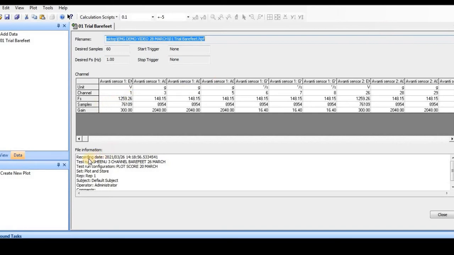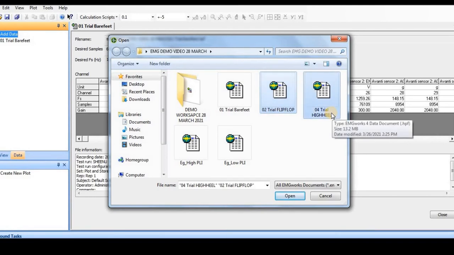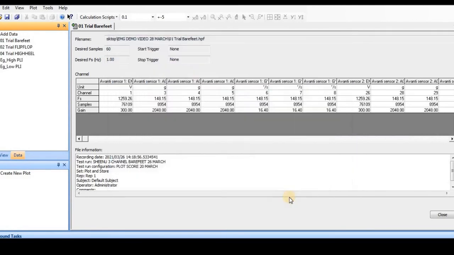We can have all the details of this file, the recording date and all these things, the different repetition, run, name, etc. And then it shows how many sensors were active and how much data was taken, the sampling frequency and all those things. So this is all about the data. Now this file is here. If I want, I can add some more files to my workspace, and for this I'll go here and add all the necessary files that I'll be using. So now you can see I have many files in my workspace.